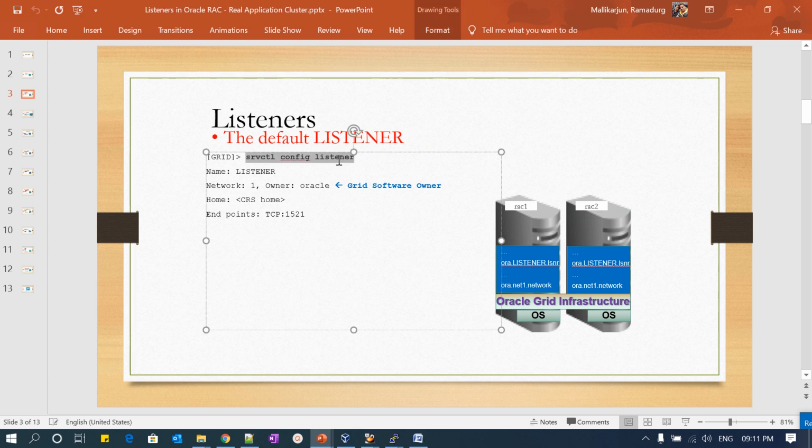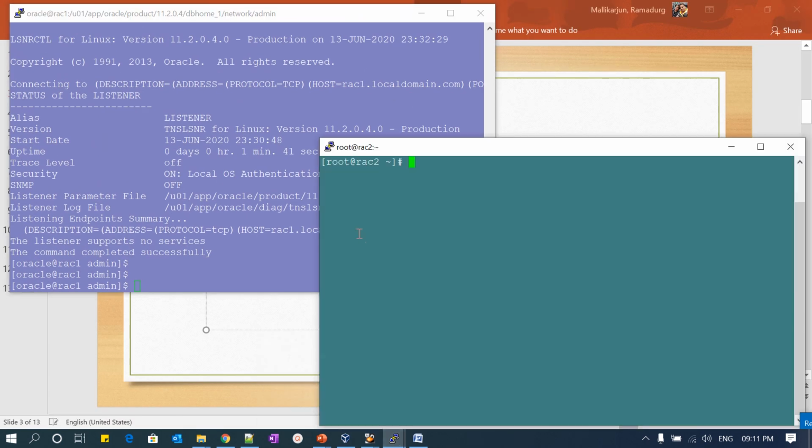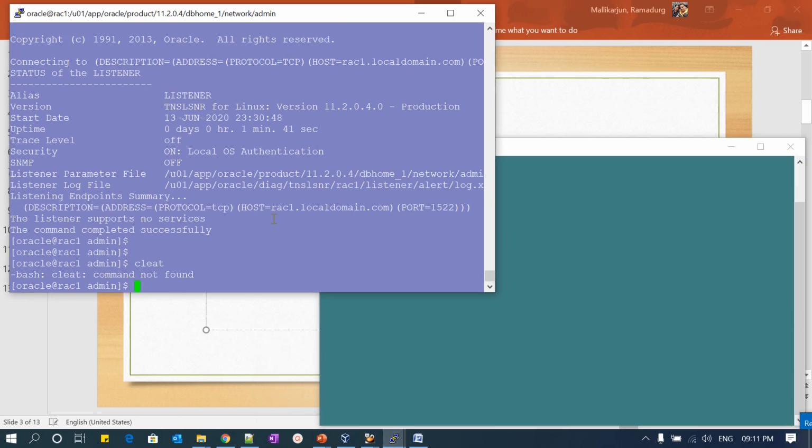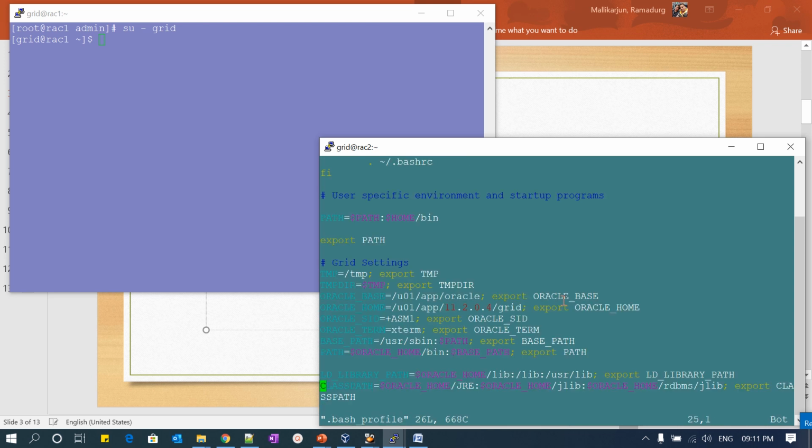Going ahead, I'll show you what my default configuration is. I have already opened a two-node RAC here. I will log into my grid user. Let me edit my bash profile here on Node 2.